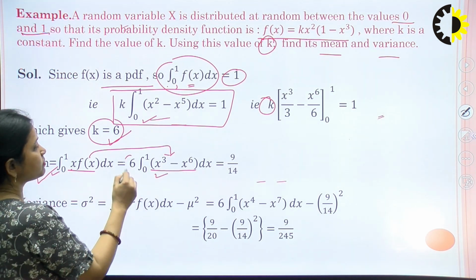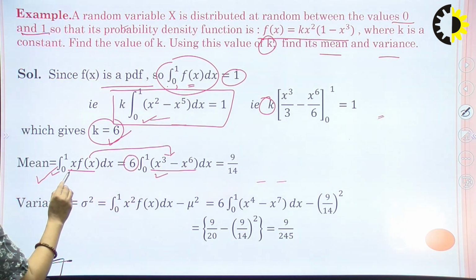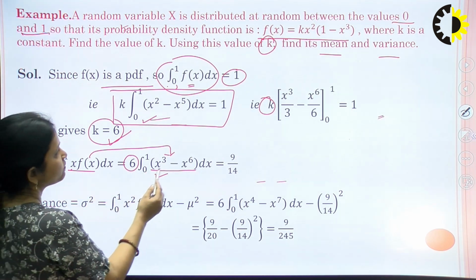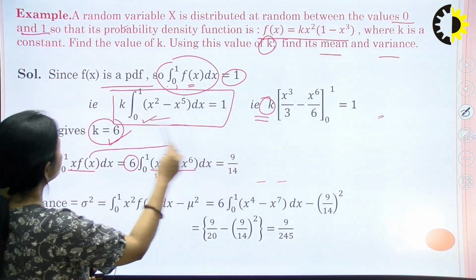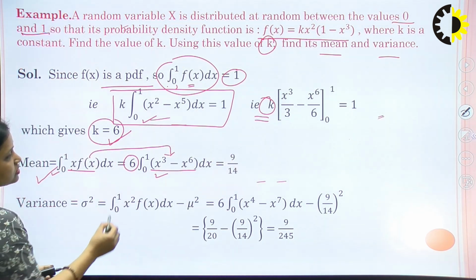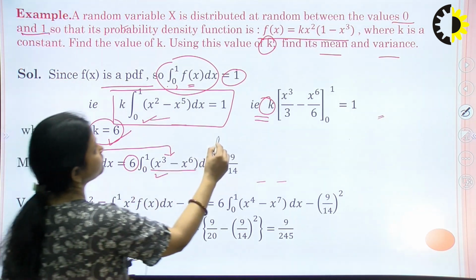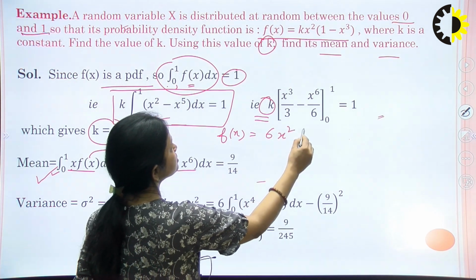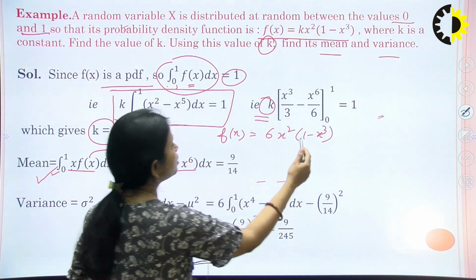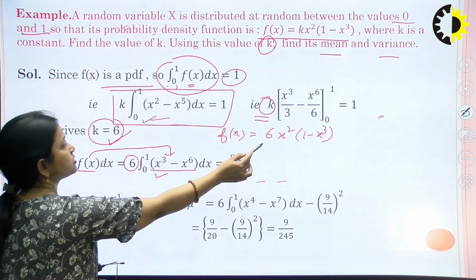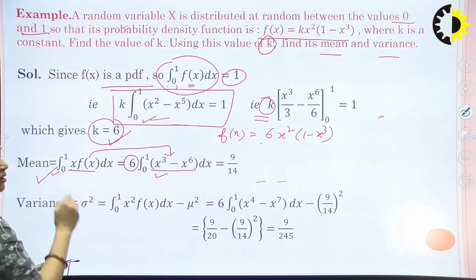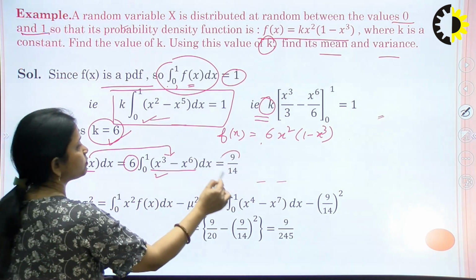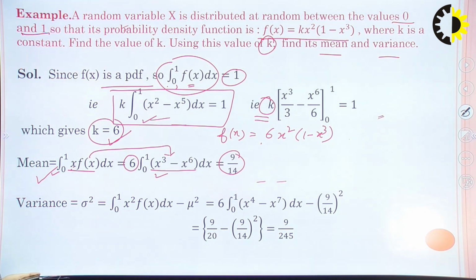Find this integral and multiply it by 6. Why? Because k is equal to 6. So we have the function now: because k is equal to 6, the function is 6 x square into 1 minus x cube. What you have to do is multiply this function by x and integrate it in the range 0 to 1. We will obtain 9 by 14. This is the mean of the